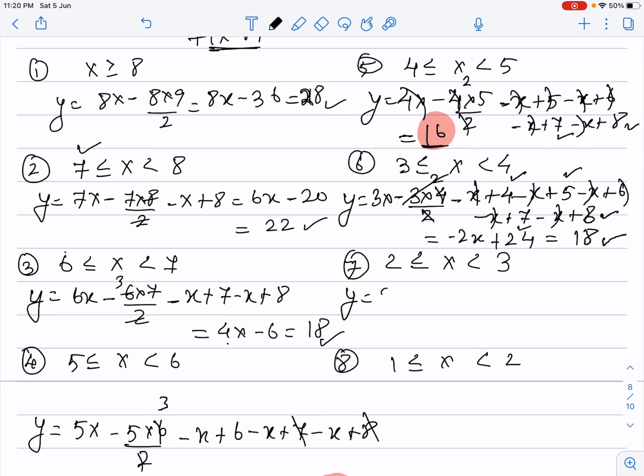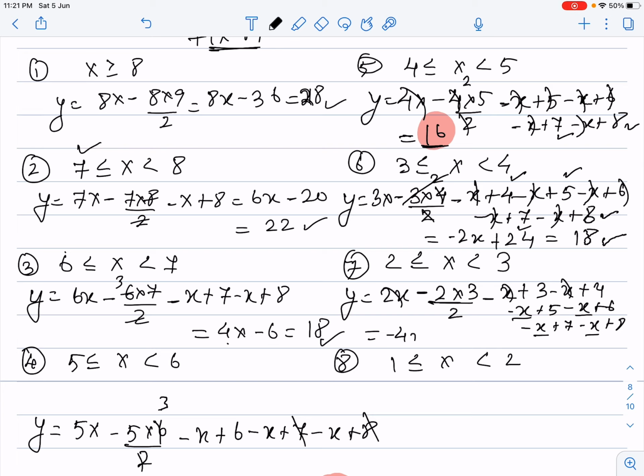Let's see how it will be written by me. So 2x minus 2 multiplied by 3 by 2 will be written by me. And now this time it will be minus x plus 3, minus x plus 4, minus x plus 5, minus x plus 6, minus x plus 7 and minus x plus 8. So here plus 2x, minus 2x cancelled, minus x minus 2x, minus 3x, minus 4x, so minus 4x, and minus 3 we have, so plus 3 will get cancelled with it. Now we have plus 4 plus 6 plus 10 plus 5 plus 15, 15 plus 15, 30, and when we write x is equal to 2, I'll get 22 over here. So 22 is not smaller than 16, so 16 is the only answer.